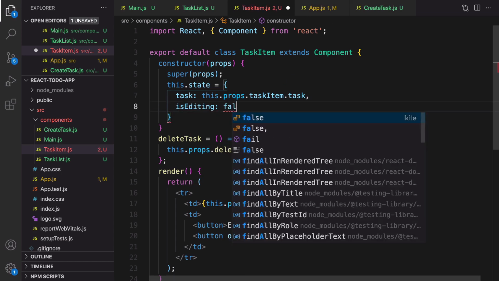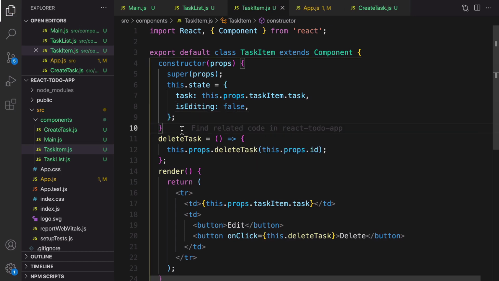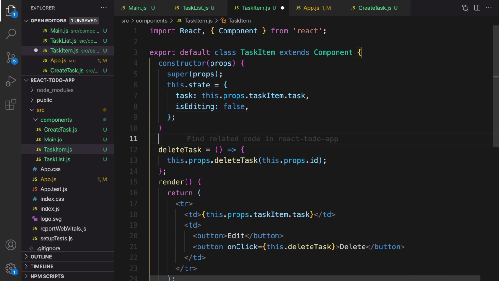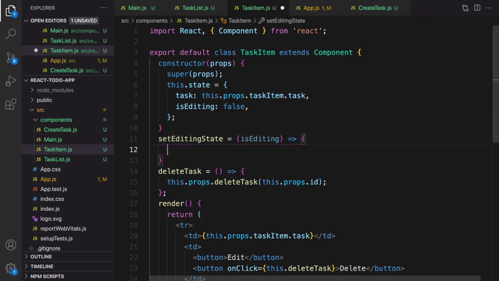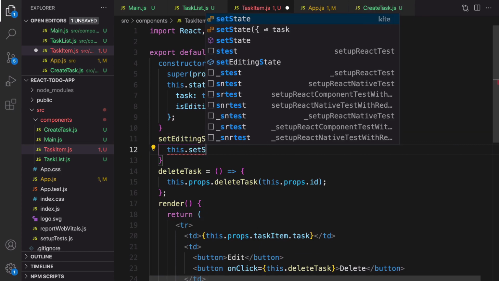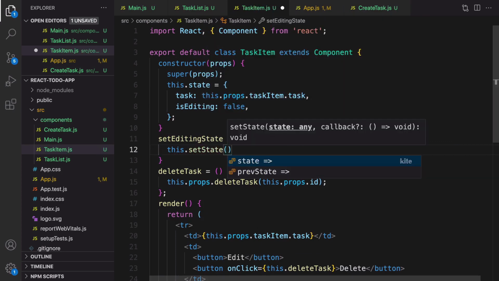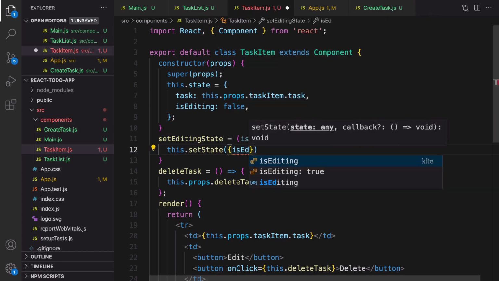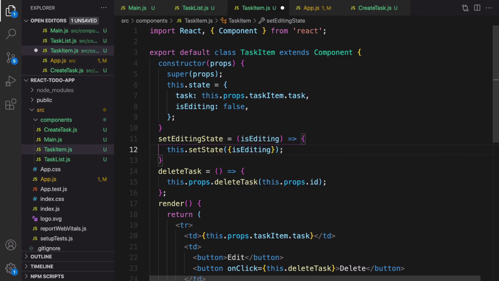By default, it's false. The next step is defining setEditingState, and it accepts isEditing as a parameter